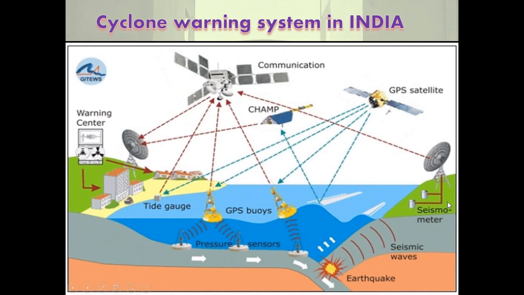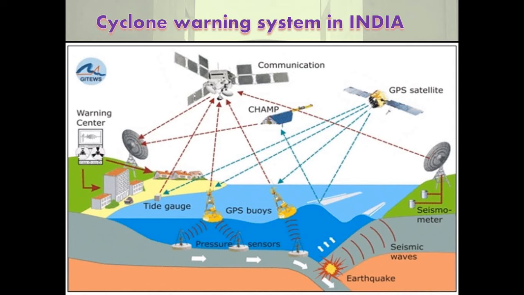Now, what is the cyclone warning system in India? In India, a low pressure and its development can be detected hours or days before it causes damage. Satellites track the movement of these cyclones, based on which people are evacuated from areas likely to be affected. There is difficulty in predicting accuracy. Accurate landfall predictions can give only a few hours' notice to threatened populations. India has one of the best cyclone warning systems in the world.